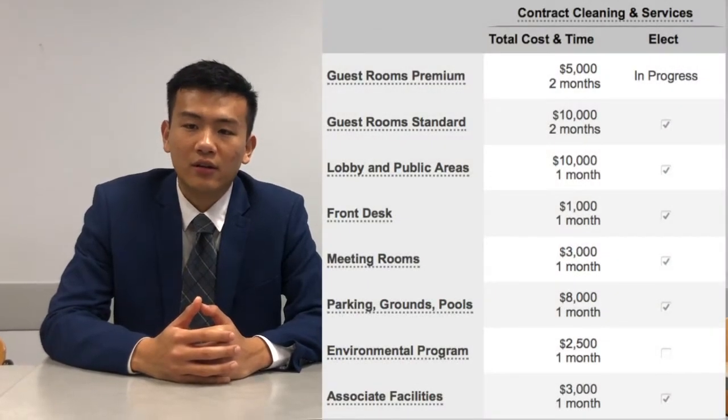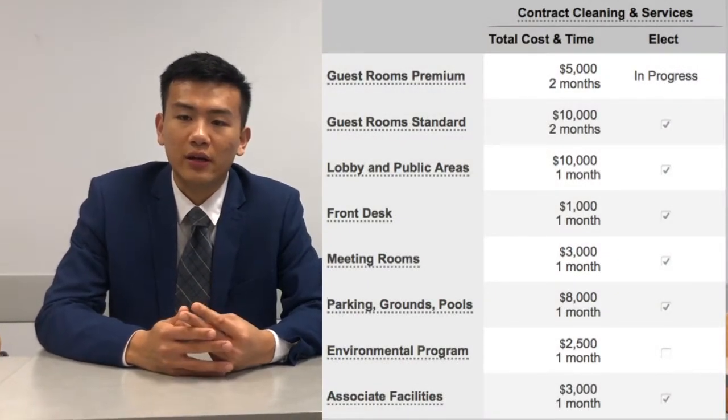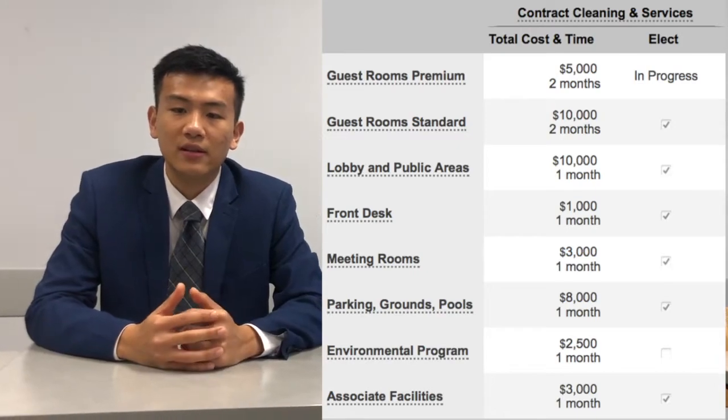In June, our reputation was aligned with the market, and we have set our goal to achieve a rating of 70% and above for the next quarter, which is high season. Thus, we have done contract cleaning for meeting room, standard rooms, parking, lobby area, associated facilities, and front decks to